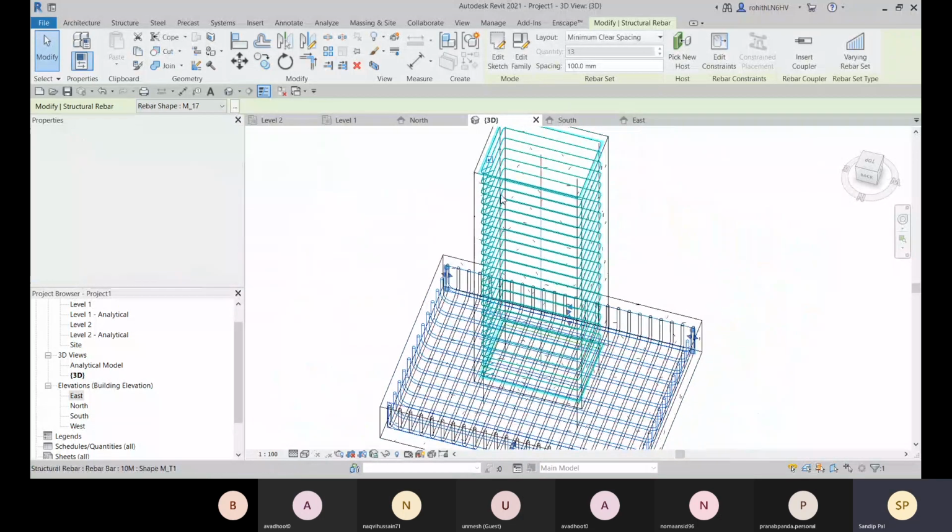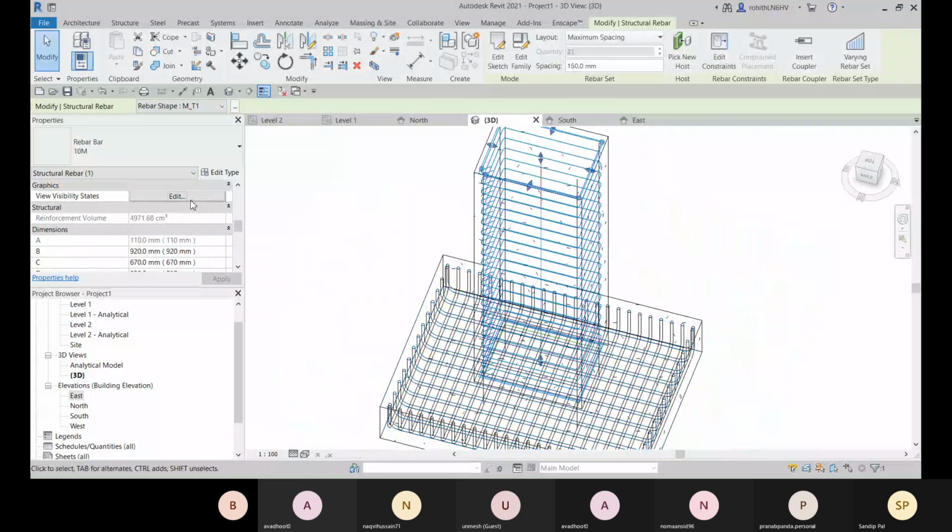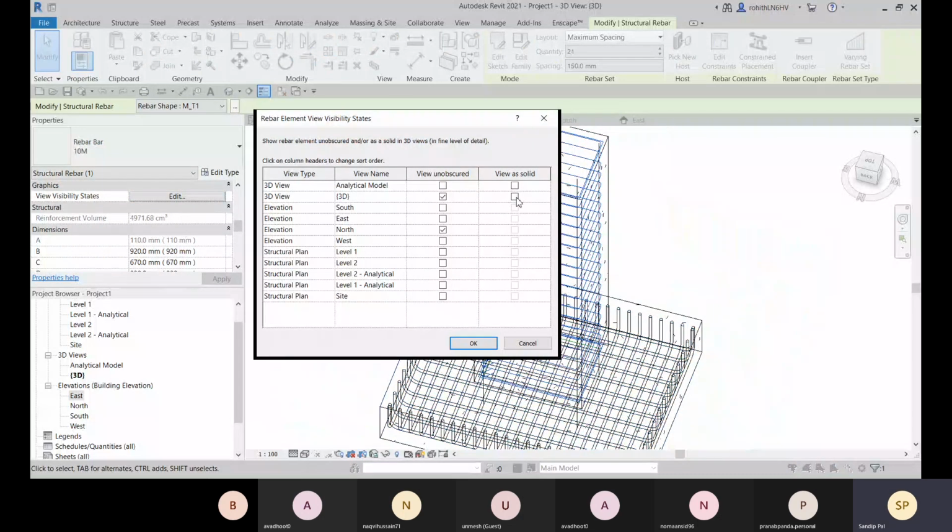Select this view as solid. If you choose this view unobscured, that means you can see it in the realistic visual style also. So if I uncheck it, let me show you.